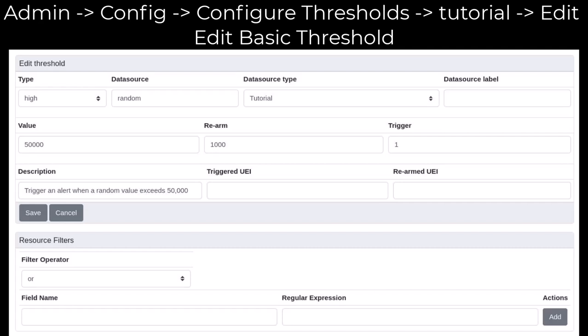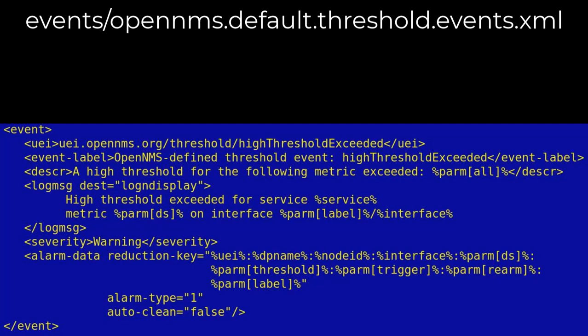The type is high, the data source is random, the data source type is tutorial, the value, threshold, is 50,000, the rearm is 1,000, the trigger is 1, and the description is what it is. The triggered UEI and rearmed UEI are blank, indicating that the default events are high threshold exceeded and high threshold rearmed, respectively. This is the high threshold event definition found in